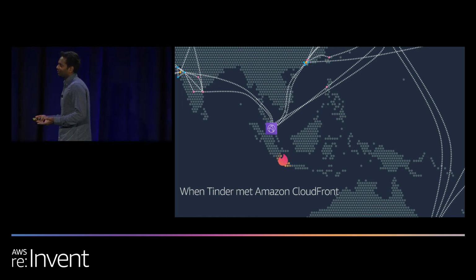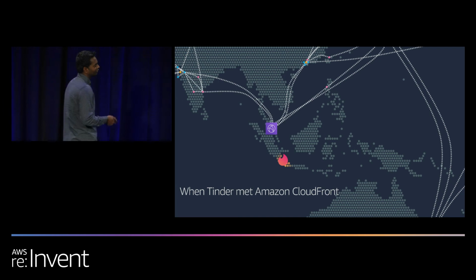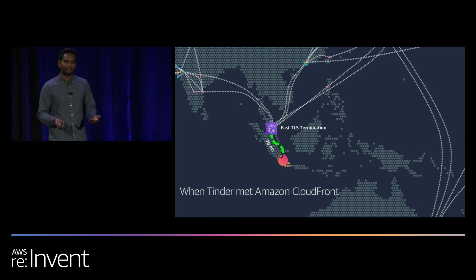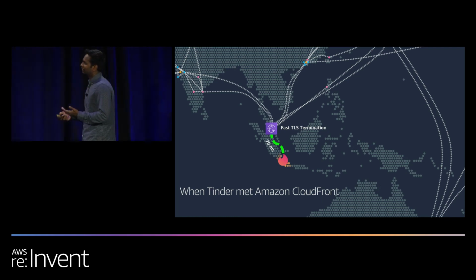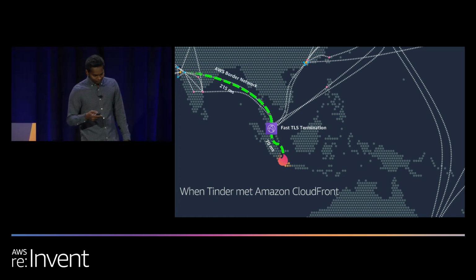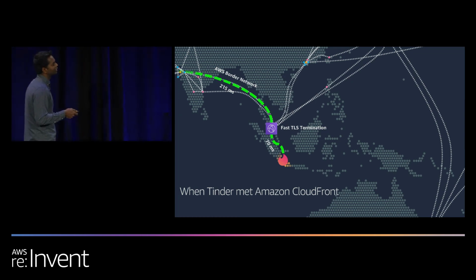their customers didn't have to go all the way to the US East 1. Their request got routed to the nearest edge location. In this case, it ended up being Singapore. And Singapore was just 70 milliseconds away. So your TLS got terminated right away. And when CloudFront had to forward the request all the way back to the US East 1,